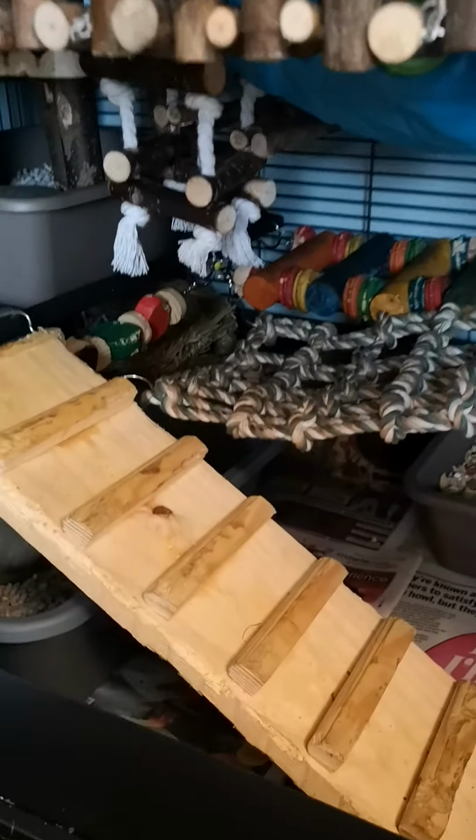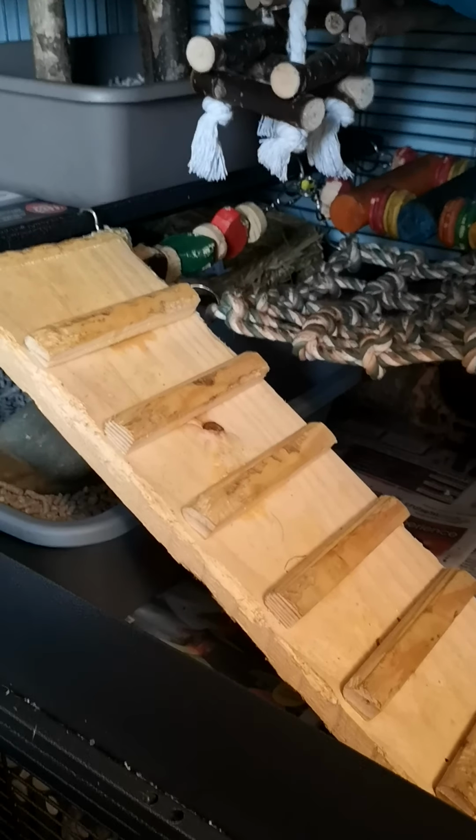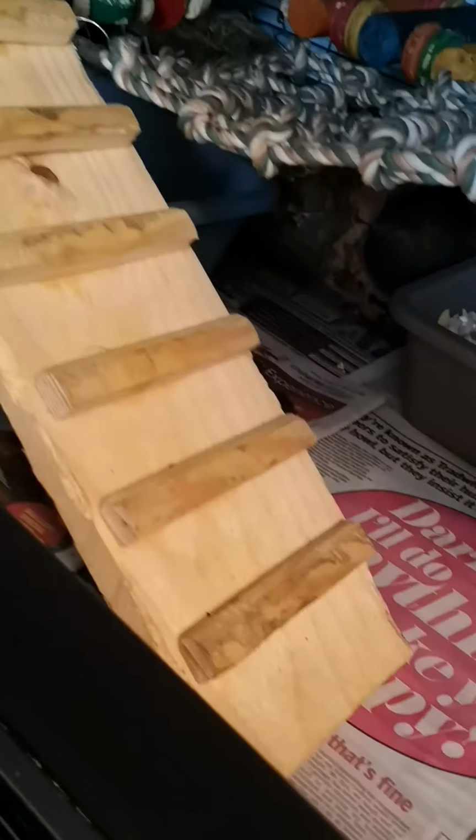So back to the cage. I don't have wire ladders in my cage, they're too dangerous. If their feet slip through and they twist, they can easily break or sprain a leg. So we have the ladder going between the two platforms, and we have a more solid ladder here that Rat